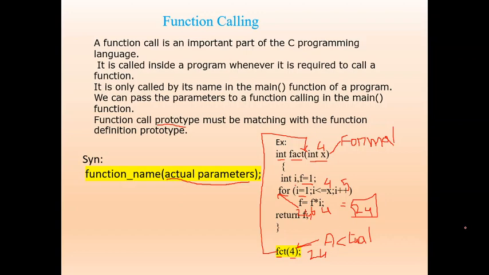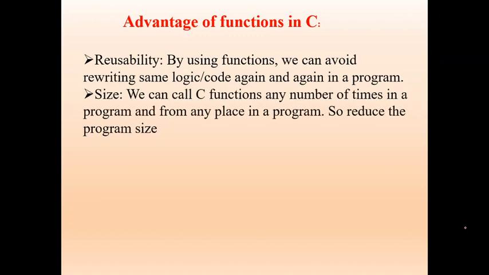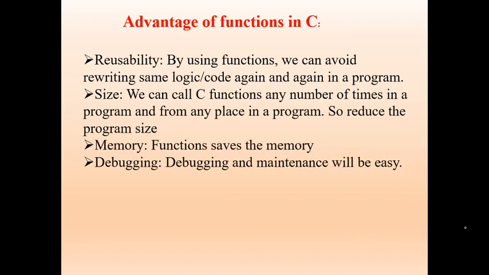Now this is the simple example. We can write it with an example. Are you clear about formal parameters and actual parameters? Now you see the advantages of functions. Functions give reusability. For a repeated task, instead of writing it n number of times, you write it one time and you can use it n number of times. That is the reusability. Automatically, a function reduces the size of the program. When the size of the program is reduced, the memory requirement will also be reduced.